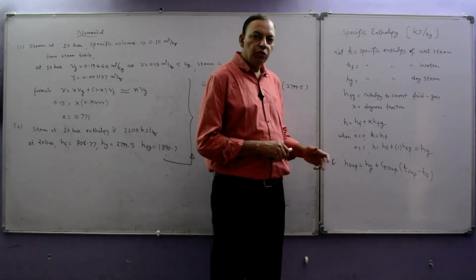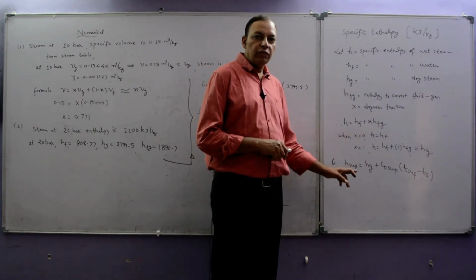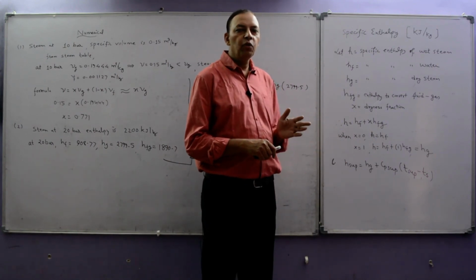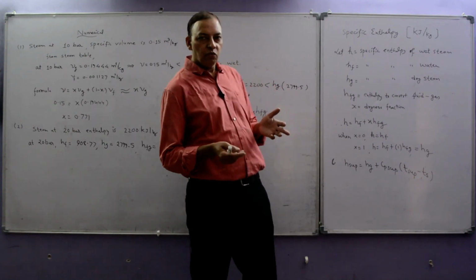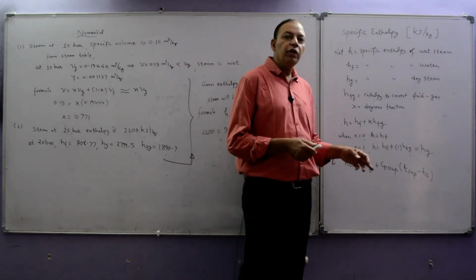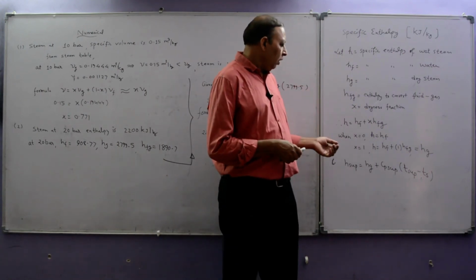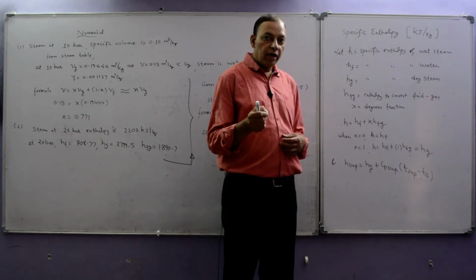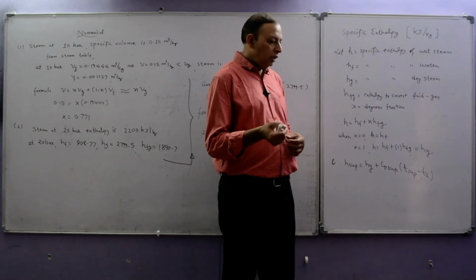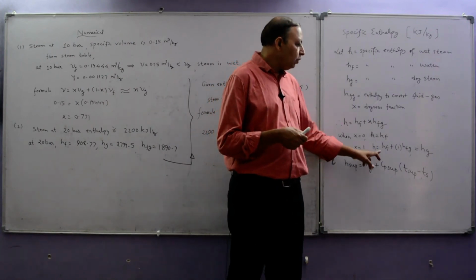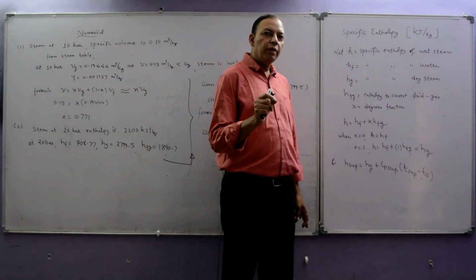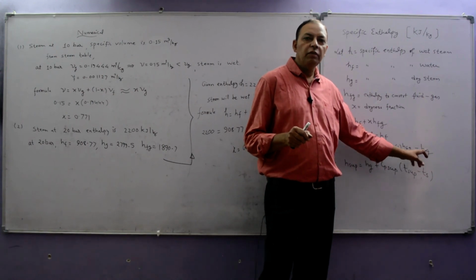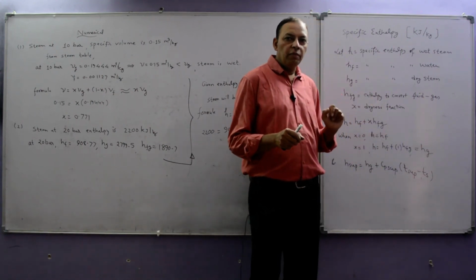When X equal to 0, we will get H is equal to Hf, and we know that X equal to 0 means saturated liquid line. Pure liquid means it is water here, so H will be equal to Hf. And when X equal to 1, it means pure steam, saturated vapor line. At the saturated vapor line, the enthalpy of steam will be H is equal to Hf plus 1 multiplied by Hfg. We can directly take Hg, this is available in the steam table.